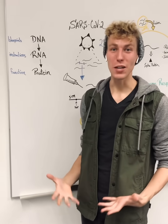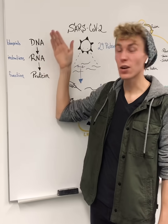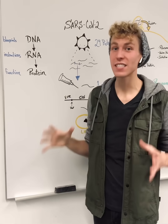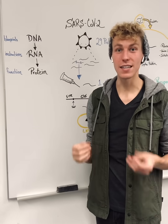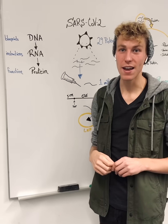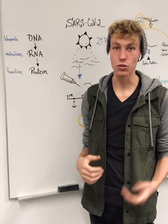Our genetic information can be carried in three main ways. This first begins with DNA that encodes the blueprints to make RNA that has the instructions to make proteins, which are then going to function in every cell in our body. Now, the Pfizer and BioNTech or Moderna vaccines against coronavirus focus on the second branch of this pathway, mRNA or messenger RNA. Now, this has been used in the past for gene therapy or for cancer treatment, but is now